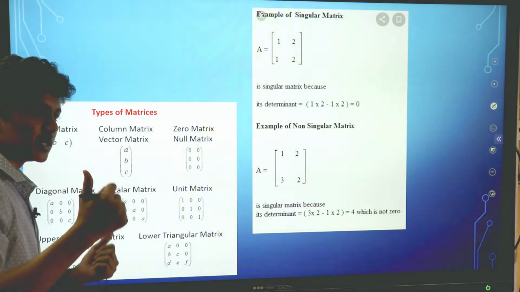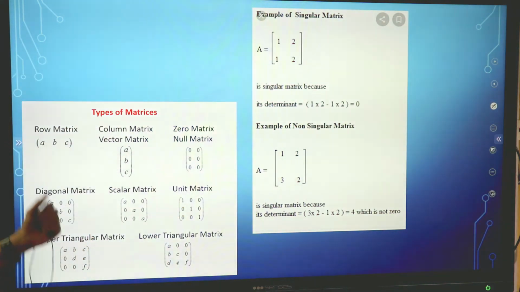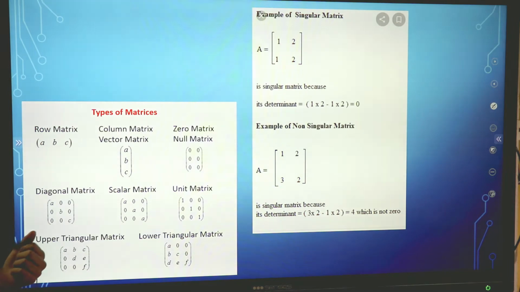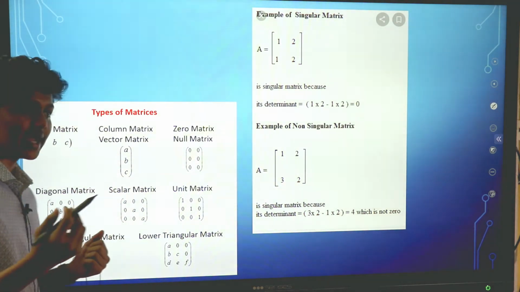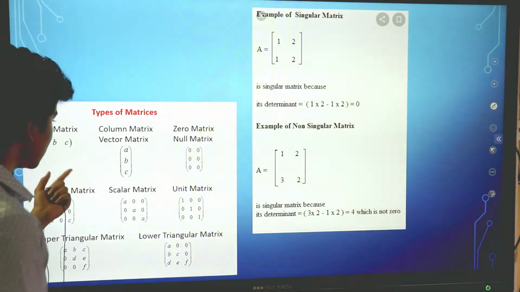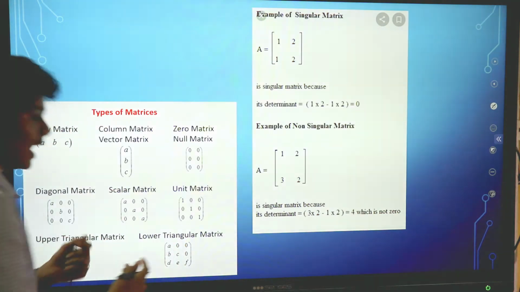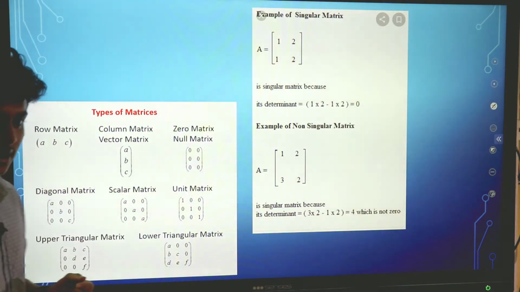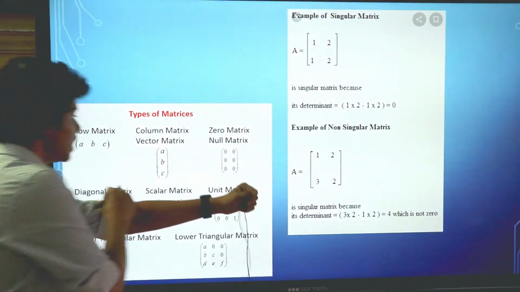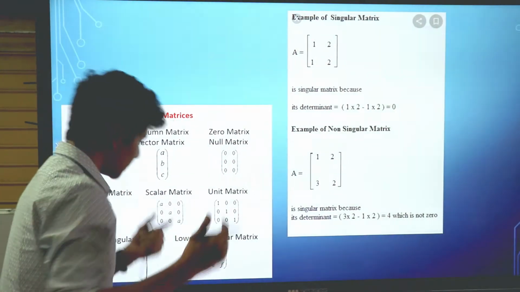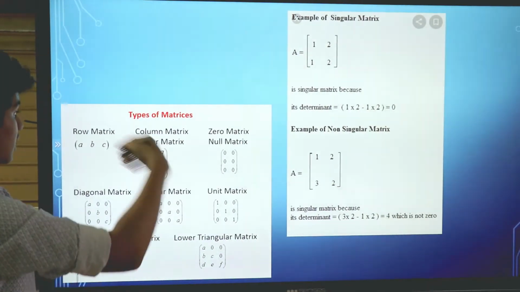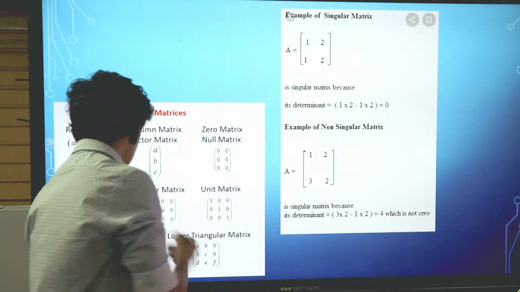A diagonal matrix. Now, these three are very much connected. So if we go in a flow, first a diagonal matrix is where only the diagonals have values, the rest are 0. The non-diagonal elements are all 0, they have no value. A scalar matrix is when all the three elements in the diagonal have the same value. On the other hand, a unit matrix goes a bit further, when the diagonal values are 1, only 1. They are scalar and they are 1, no other number.